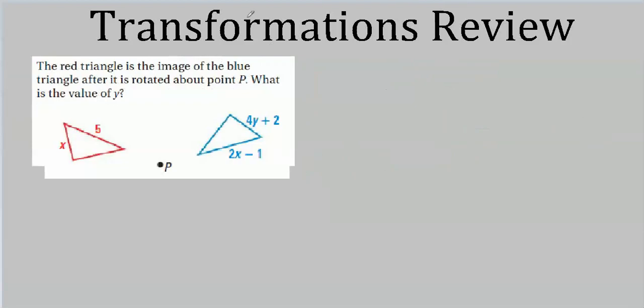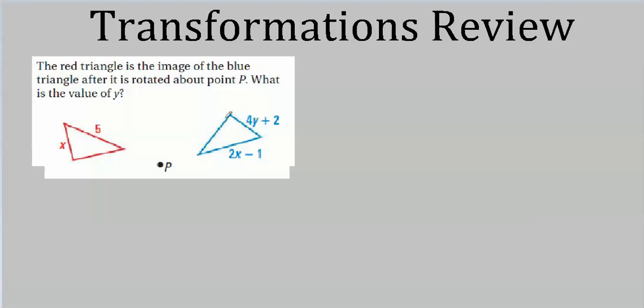Well, this problem looks like it's more complicated than it really is. I'm talking about a rotational transformation about the point P. Now, it's tempting to think that you suddenly need to figure out what the rotation was. No. The only way this problem actually applies to transformations is recognizing that a rotation is an isometry. It doesn't change any of the dimensions. So, all we have to figure out is the corresponding sides, and we can start working things out. For instance,